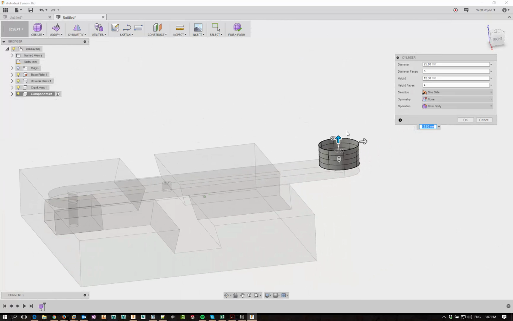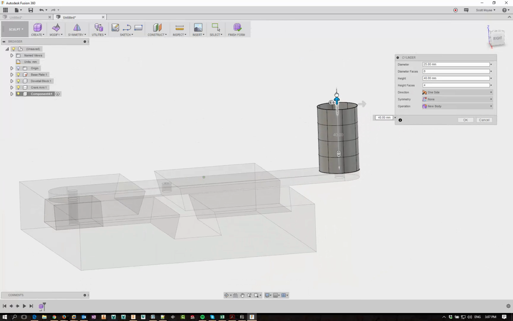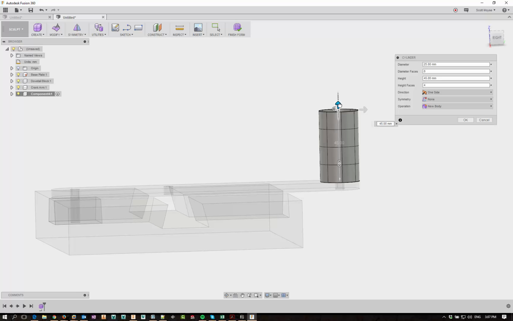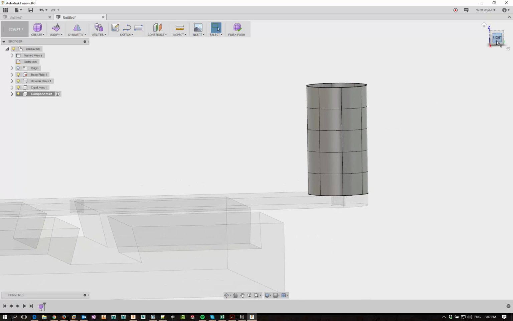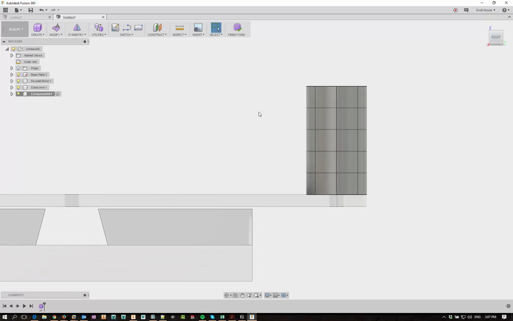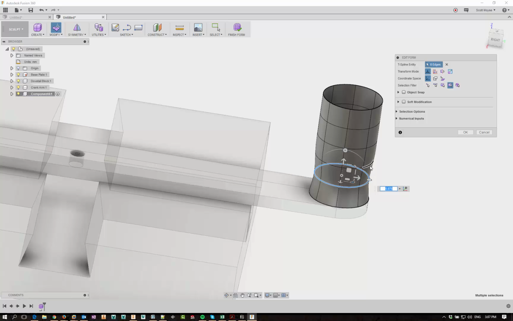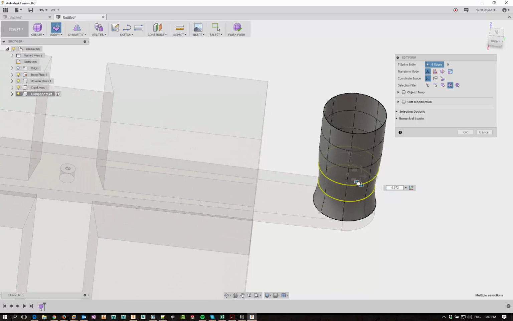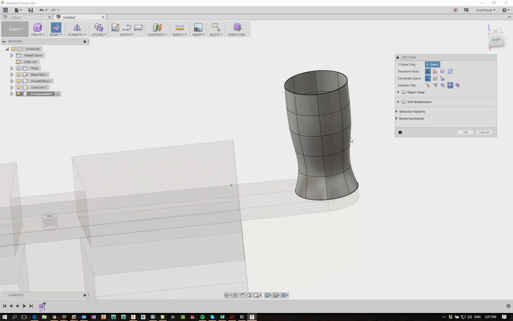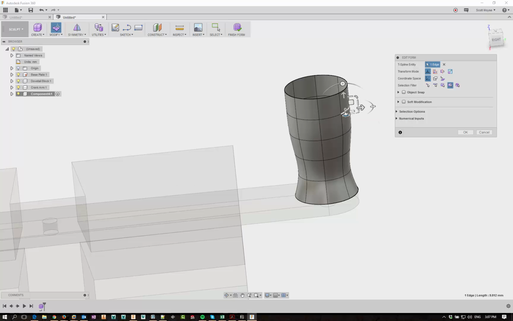I'm gonna come out to here, drag it up. 50 mil, 45 mil. Add an extra face and then just start doing some. We'll double click that to select the profile, edit the form, and then just scale it in slightly, and we'll do the same thing. So I held down control then so I could double click and select that one, and then this one here